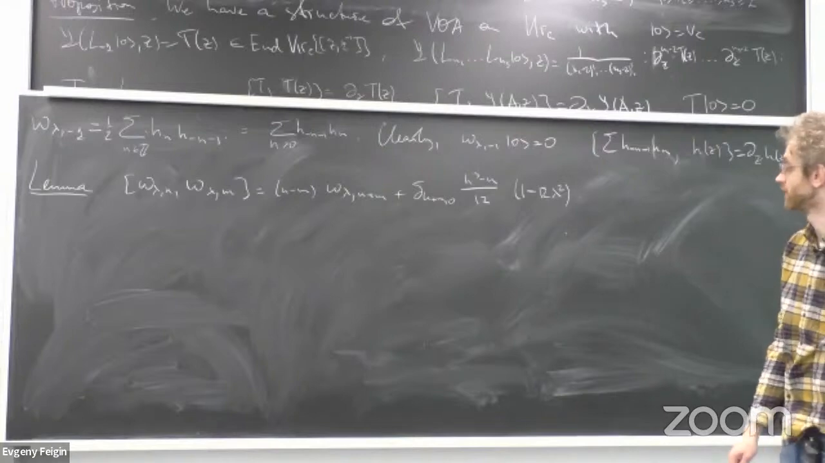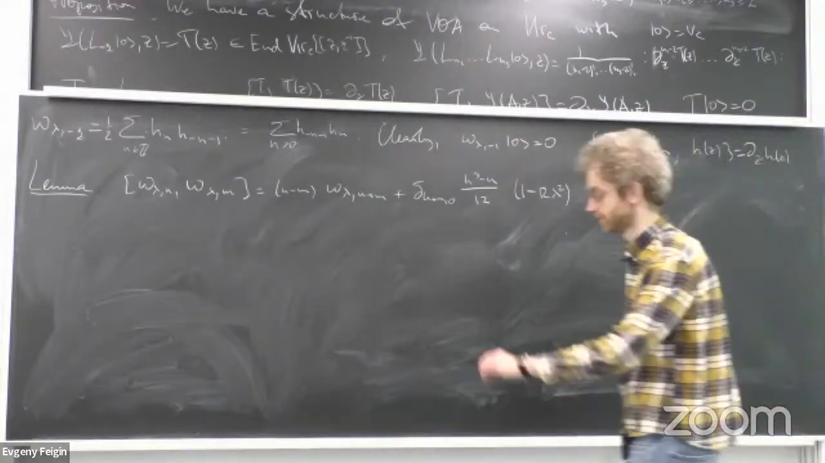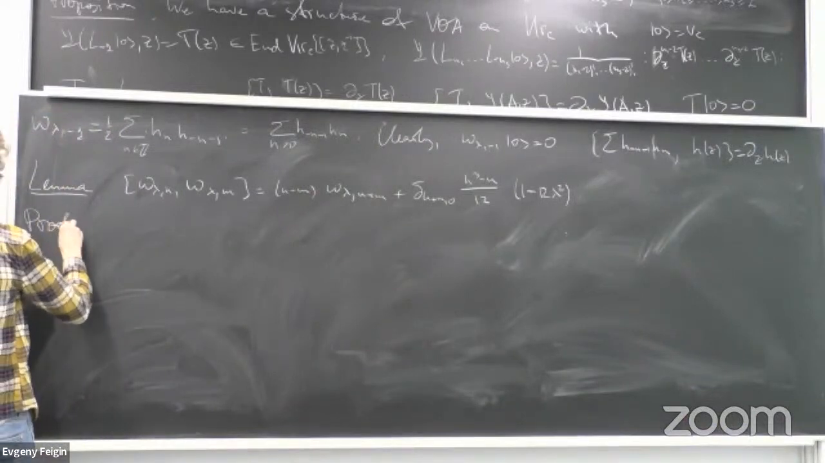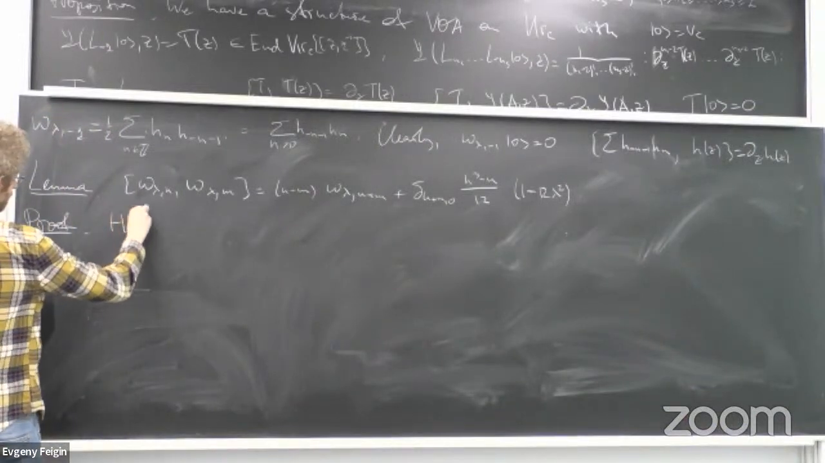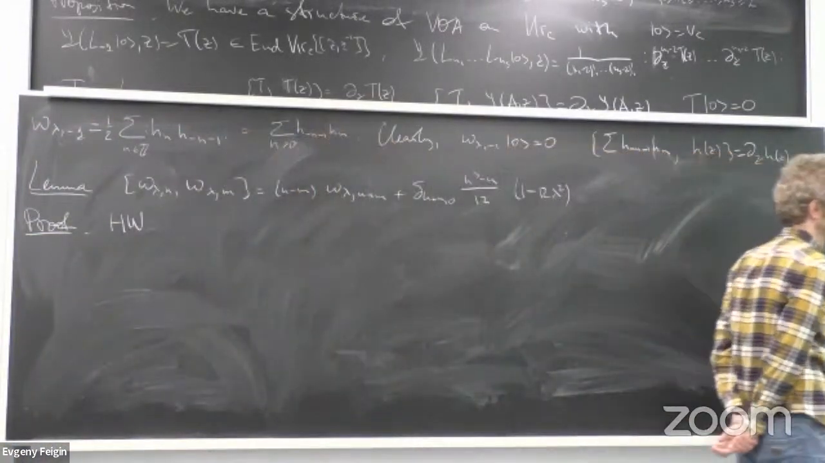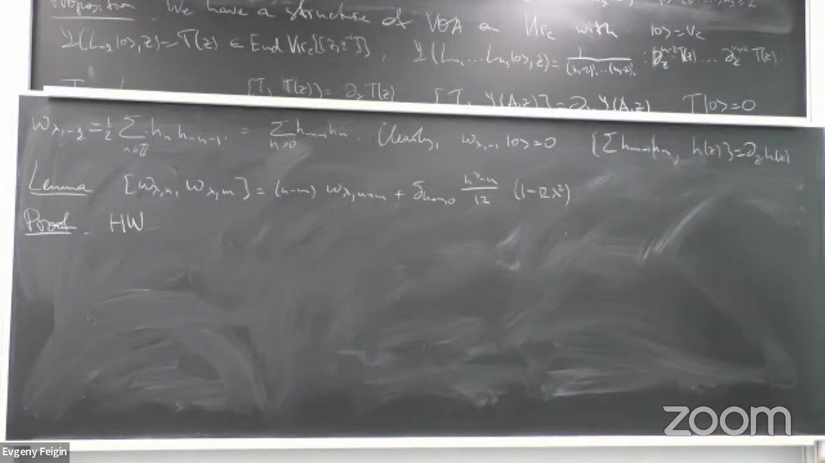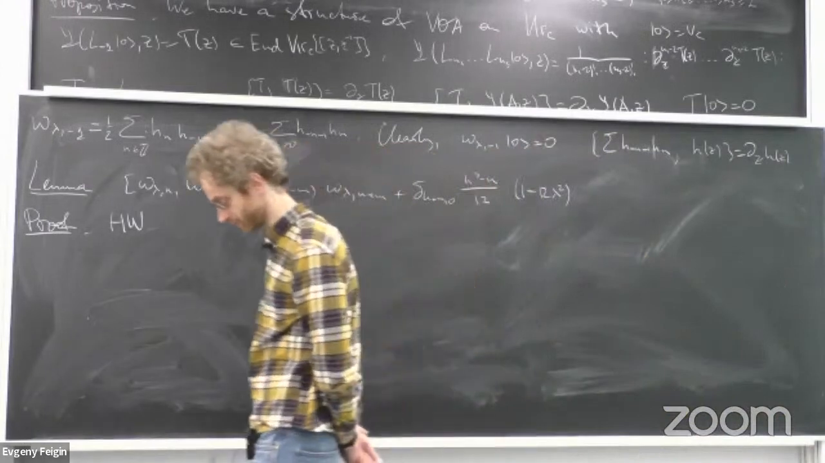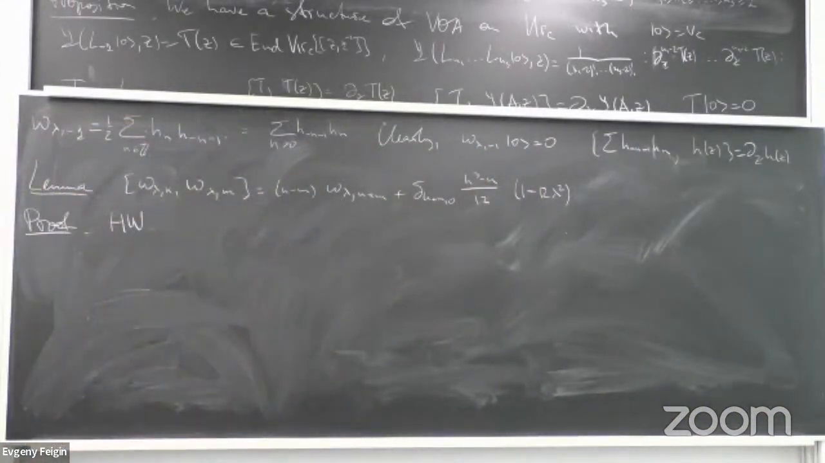Not too complicated, but still. So I leave a proof as homework. But the conclusion is that any such omega produces a conformal structure. So it gives us the structure of a conformal vertex operator algebra on the Fock module, as we wanted. And now this is the